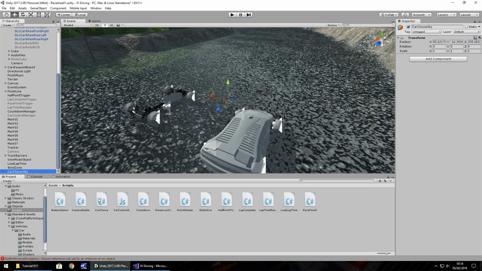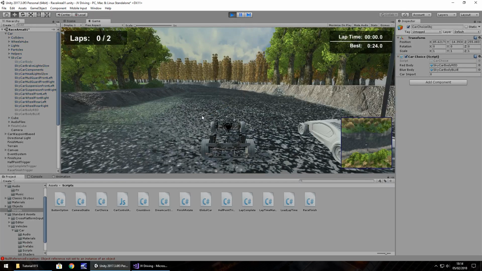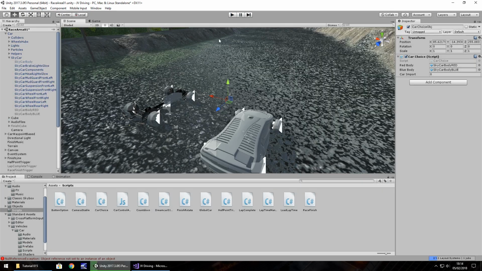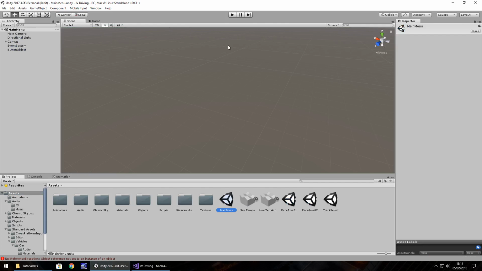short for object, and drag and drop the car choice script onto there, and then just define those two variables, red and blue. So if we play this scene as is, what's going to happen is we'll see this as it races. So let's press play. We can see we just get a weird looking car. So if we save that scene, head back to main menu, you can start at the very top, press play,